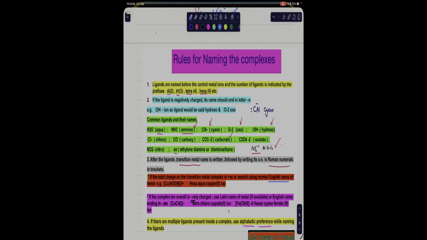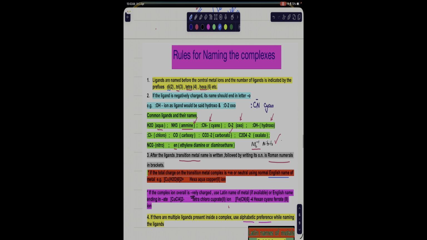But when the complex ion is having overall negative charge, we have to use the Latin name. You will be knowing there are some metals with a Latin name. I have written for you these metals which are having Latin names, and you will be knowing their symbols are different from their English names. So for gold, the symbol is Au, because the Latin